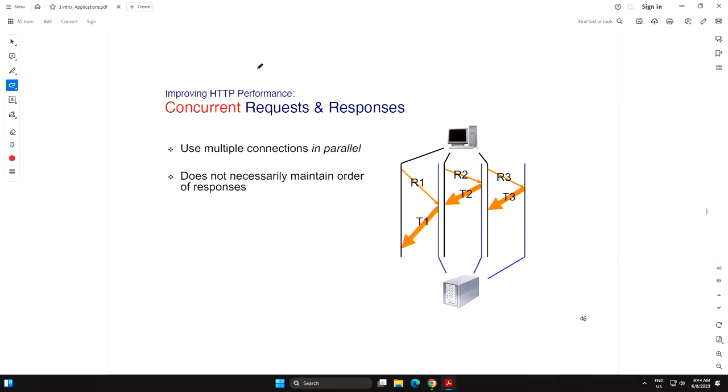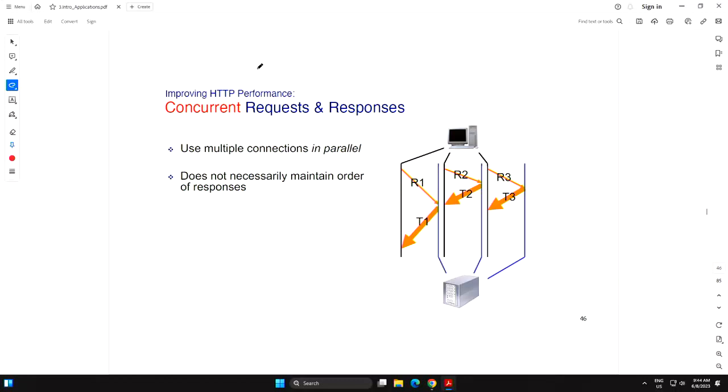Now you might be wondering, I download the index file. So I'll explain what the index file is. The index file or the base file is the first web page, HTML 5.0 or whatever, which is the base file. Once you get the base file, you basically know how many objects there are, where they are, and how many of them. So why don't I do it in parallel? Now we are talking about parallel TCP connections, right? Why don't we do that?